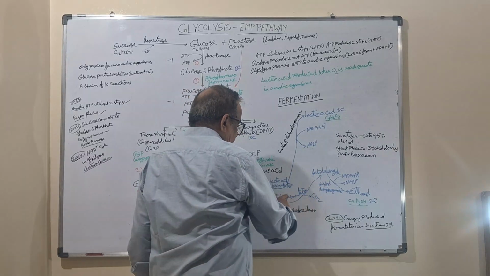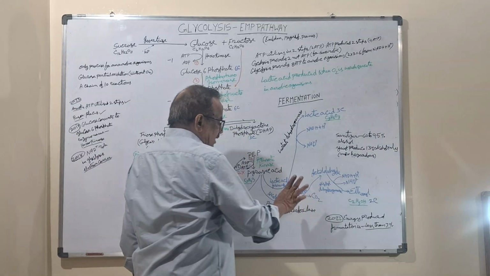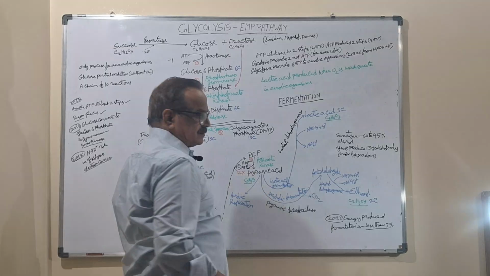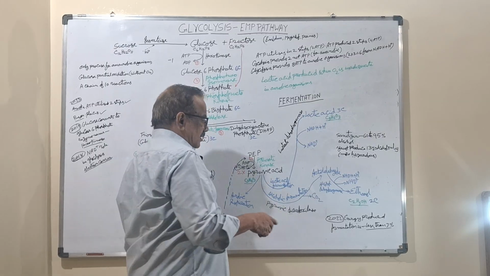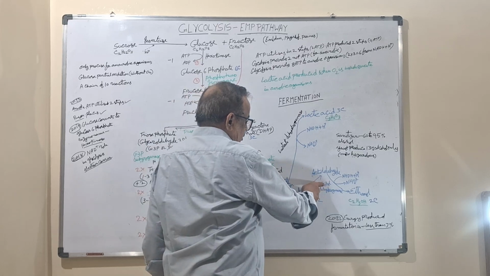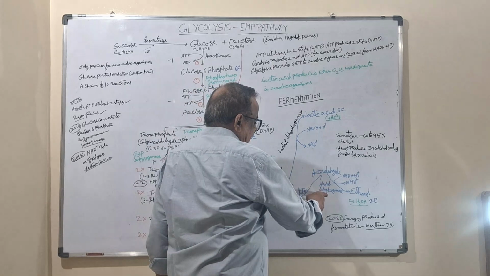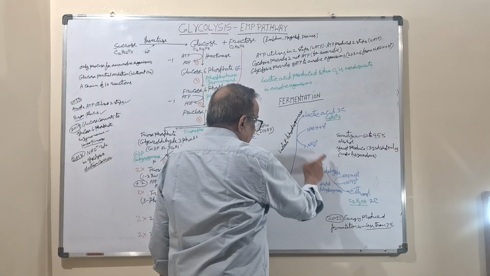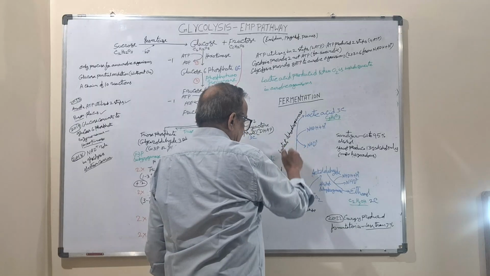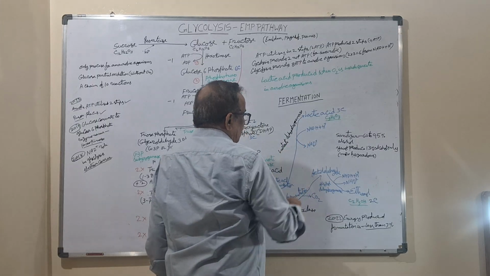Acetaldehyde will form, meaning one carbon dioxide is lost from pyruvic acid. The acetaldehyde again undergoes a reaction with alcohol dehydrogenase and ethanol will be formed. In both the reactions, whenever fermentation is going on, lactic acid formation or this one,